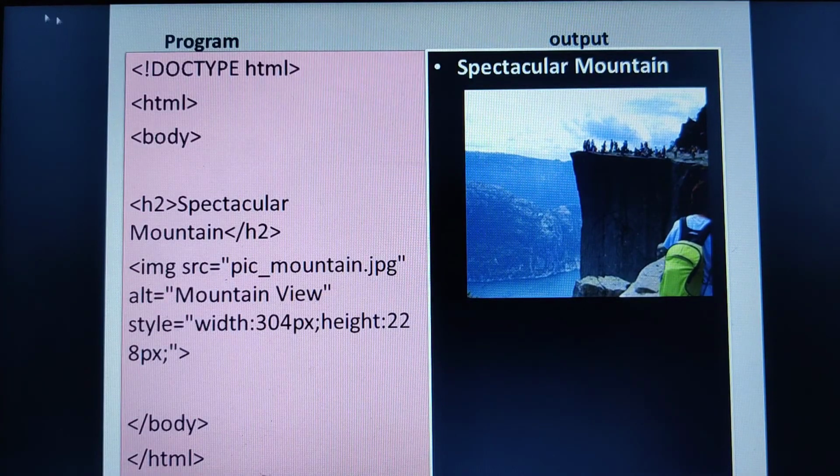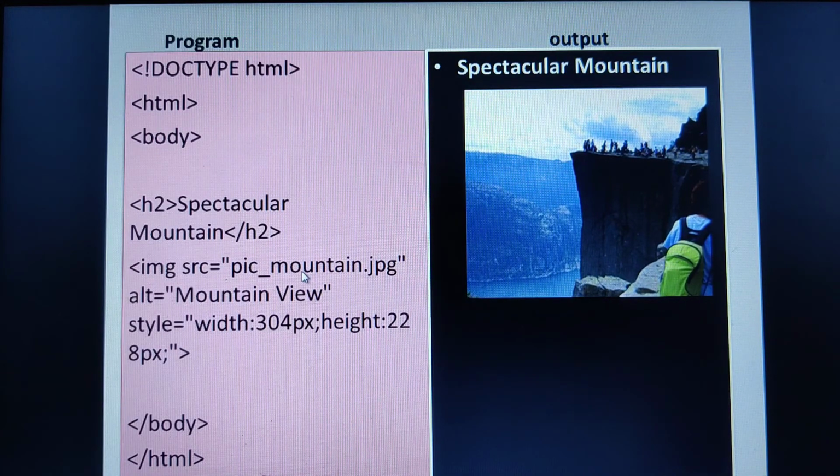Here I have written a program: doctype HTML, followed by the HTML tag, followed by the body. Then I have used the H2 heading tag and I want to display the content as a spectacular mountain, and then I've closed it with a closing tag here. Look at the image tag, img followed by src. Src stands for source is equal to, you need to give the path, pic_mountain.